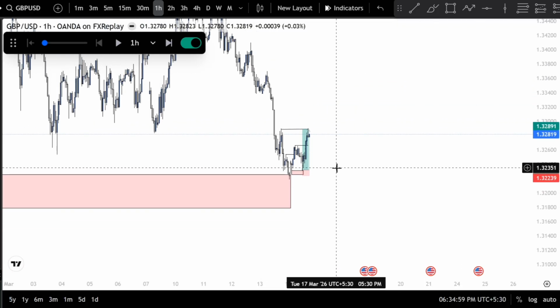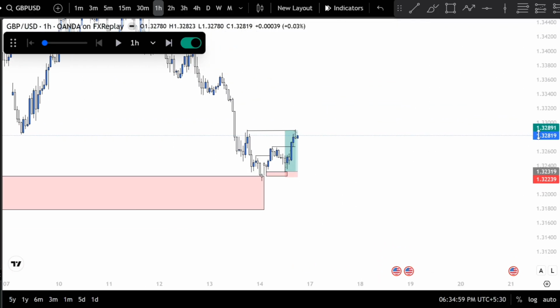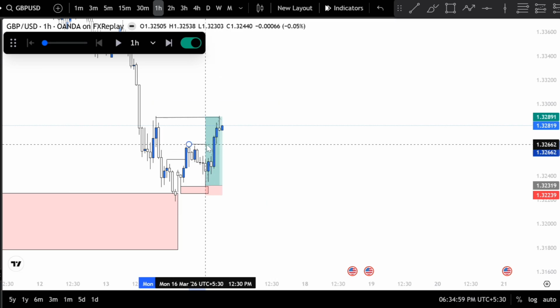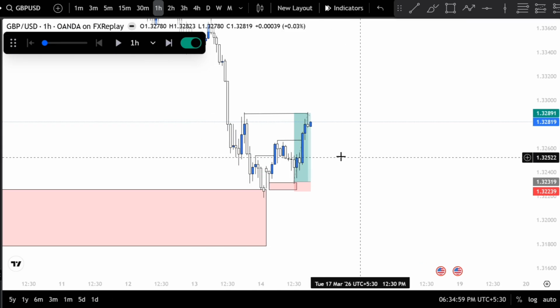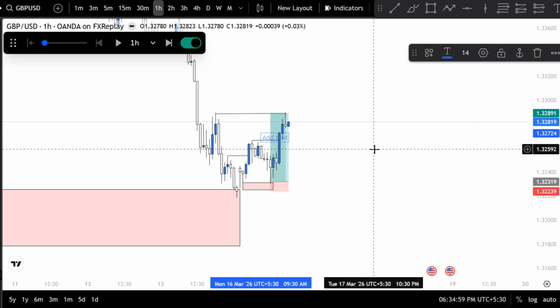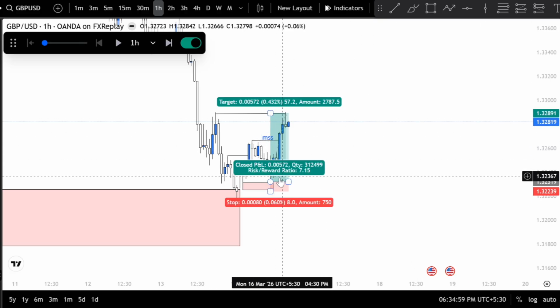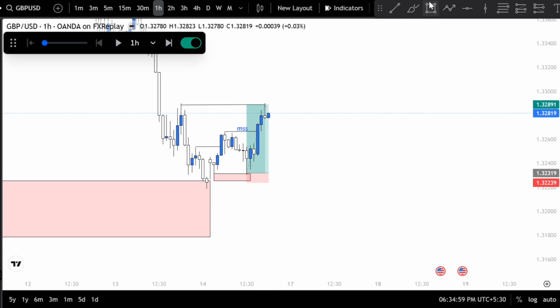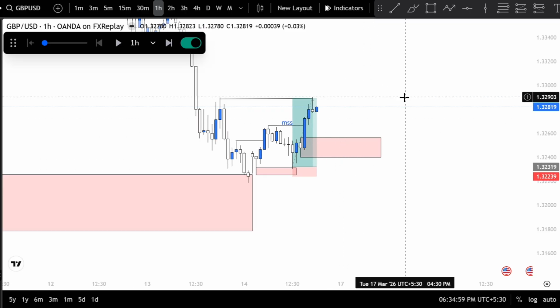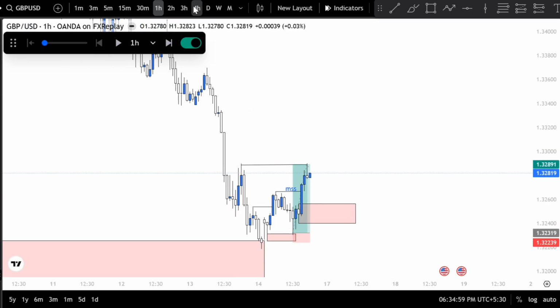Now if we move forward, I want to show you more examples. Price not only swept this high, but also closed above this high, leading us to what? Another market structure shift right here. Let me put this on favorite. So okay, another market structure shift after price tapping into the last POI. So potentially we can wait for price to visit this last POI, and then look for another long. And if we look at 4-hour,